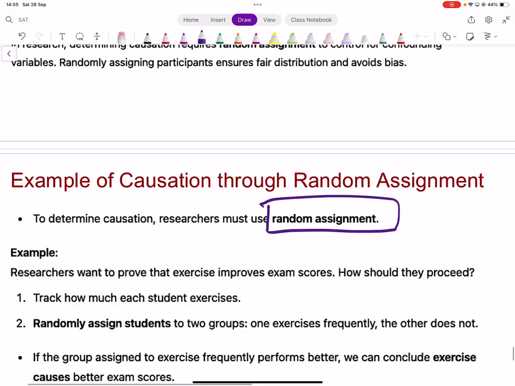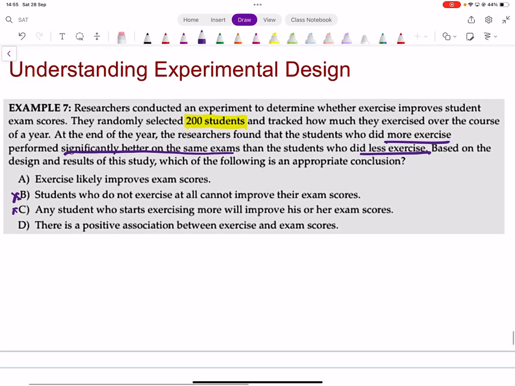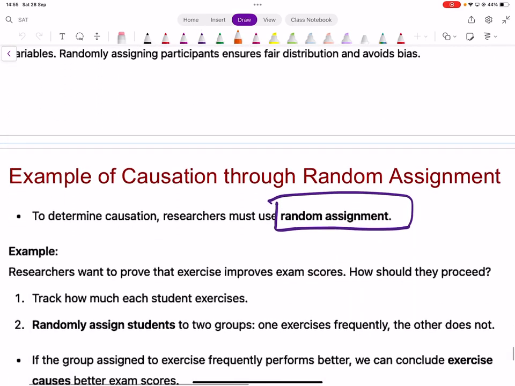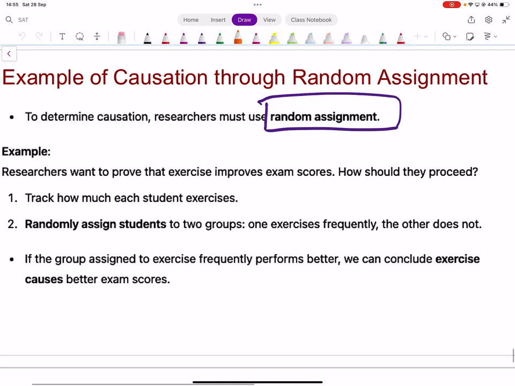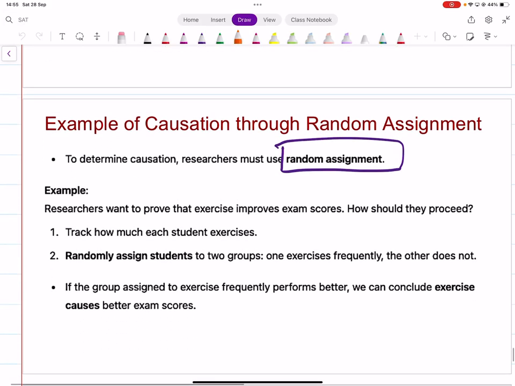It does not mention that in this example. It does say random, but there's another catch here. Even if they are randomly selecting, you're not sure out of which students they are randomly selecting. For example,